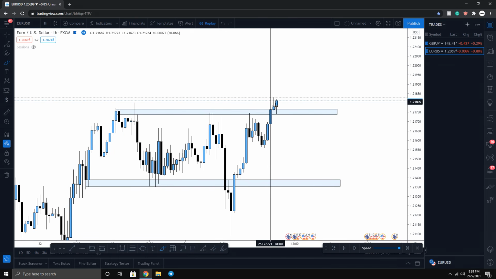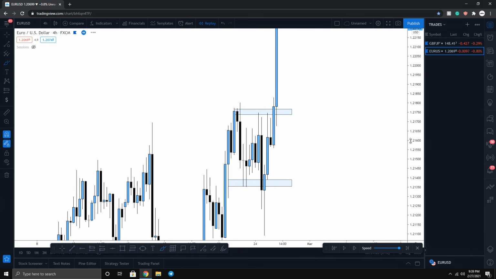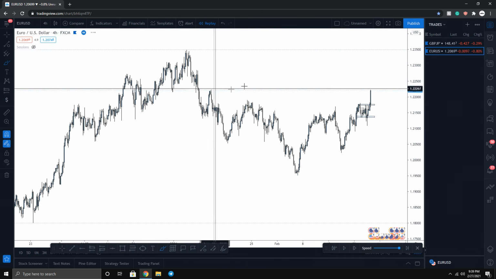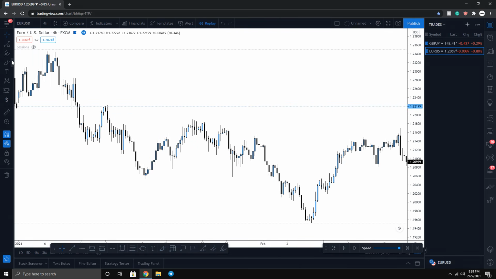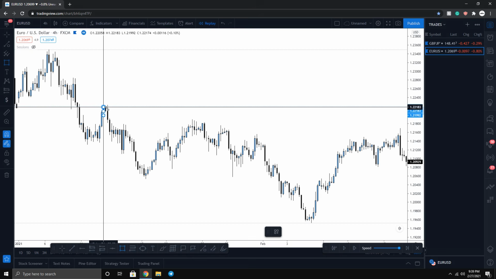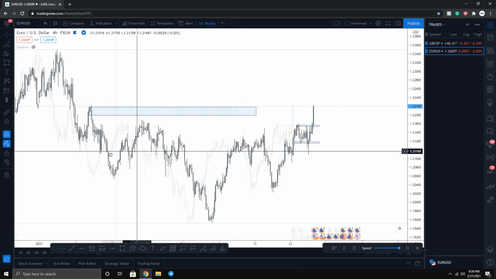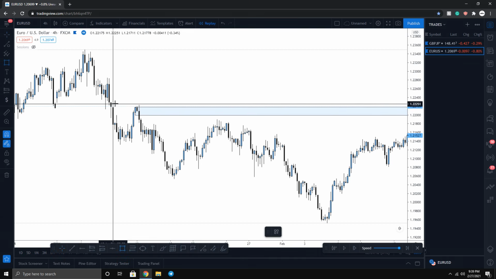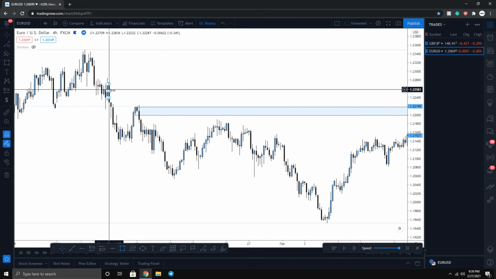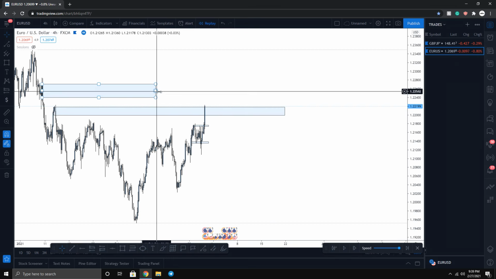So now that we know that the market is going up and the buyers are getting stopped out, all that's left is to look for an order block at one of these highs above this level. So like we said before, we have 2 levels. We can watch this order block right over here, right? We can watch this order block, or we can watch this order block right over here. So one of these levels is going to have to play out.